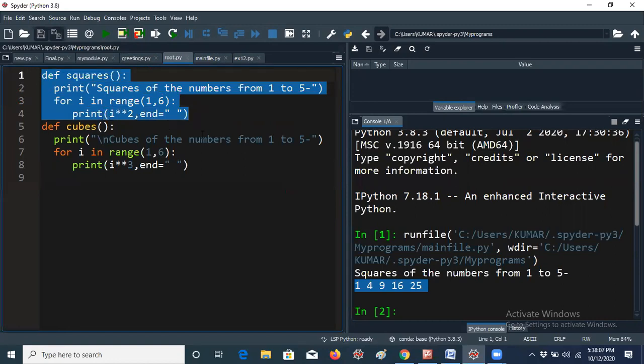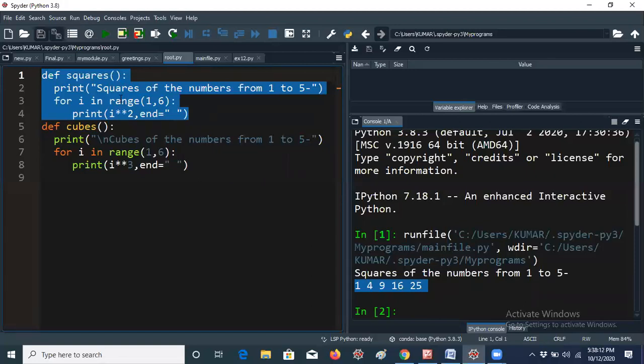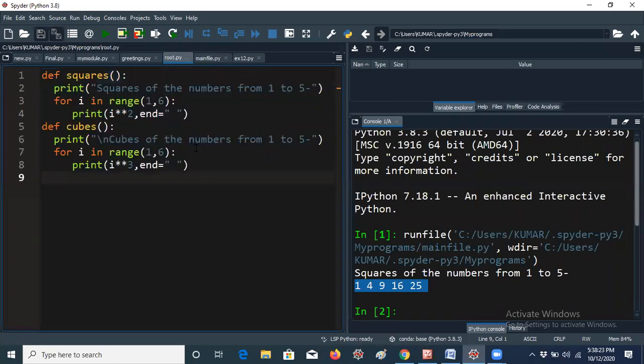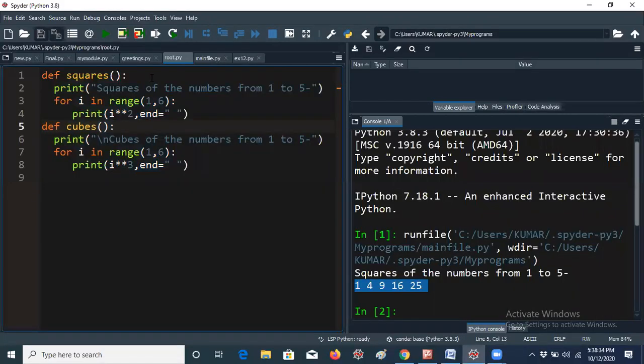So this is the advantage. That means you can access those functions from anywhere. If you want to do the same program with a different example and retrieve the squares function, you can also retrieve it in that program. Whenever root.py exists in our local directory, that means our computer, you can do any example. For example, I would like to give squares with a parameter, say squares of 10, then it will print the 10 squares also, but here I have to give n actually.